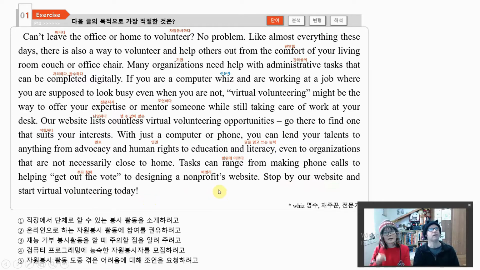Wonderful. All right. So, what is the text about? Well, that's right. The question for this text is, what is the purpose of this text, right? That's right. And so it's about volunteering. Volunteering in person? No, it's about doing it digitally. Digitally, right? And also online. That's right. But they didn't use online, right? They used the word virtual. Yeah, virtual to imitate reality. So virtual volunteering is like volunteering online, right?